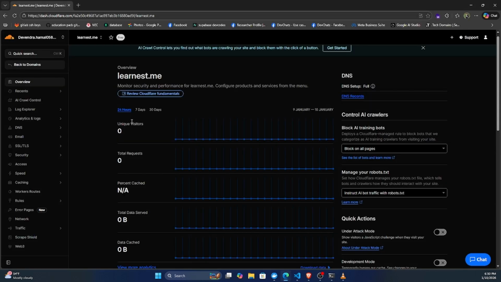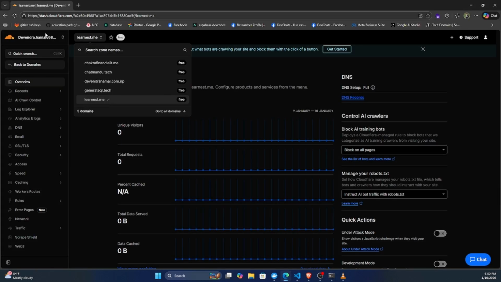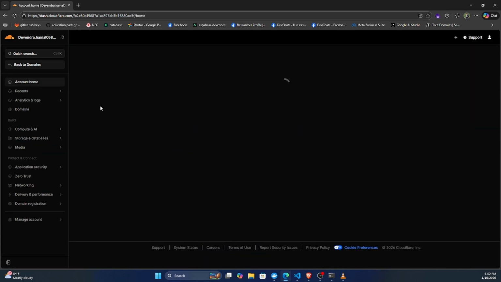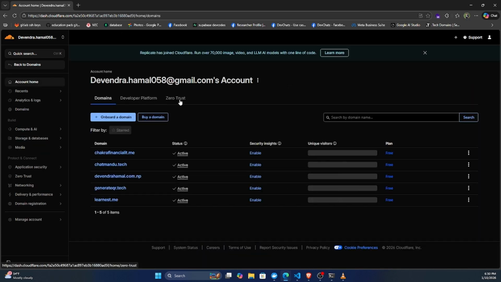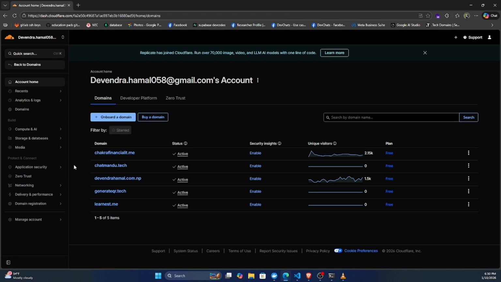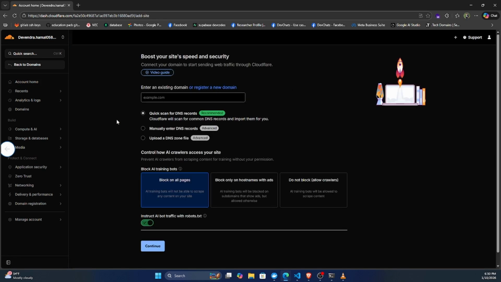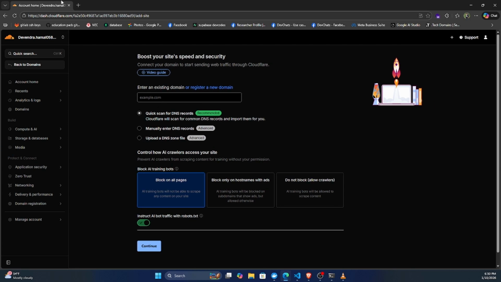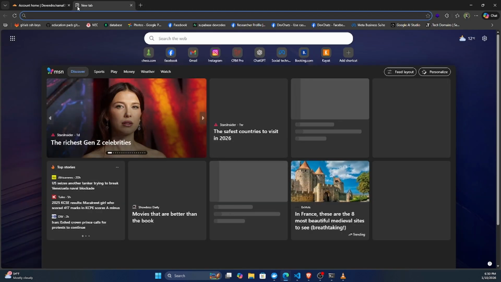Okay, so now let's first log in to Cloudflare. I have already logged in. You can create your Cloudflare account using your Gmail ID. So I have added my domain as well. You can onboard a domain and add it. Right? After adding it, you will have to do